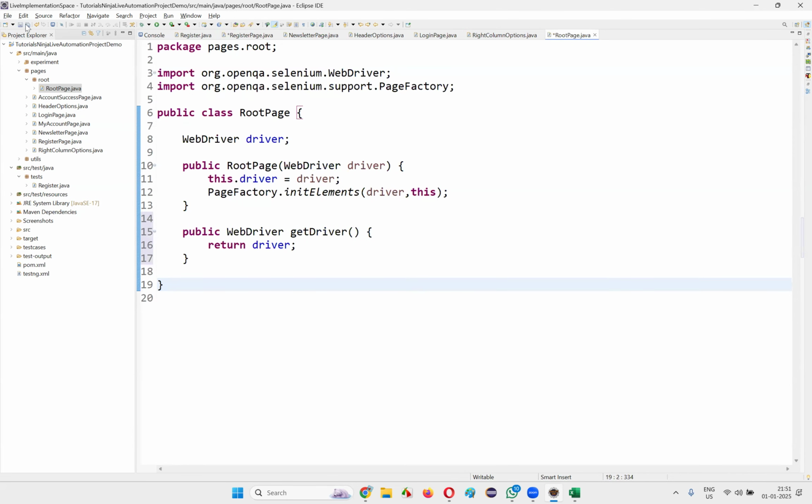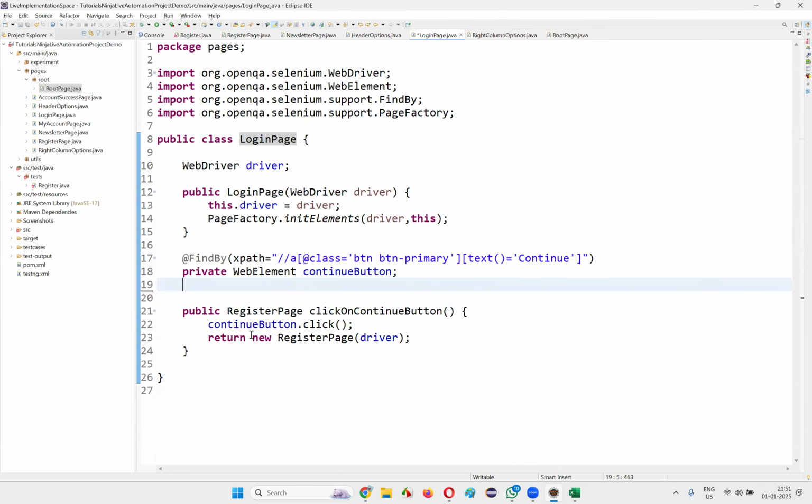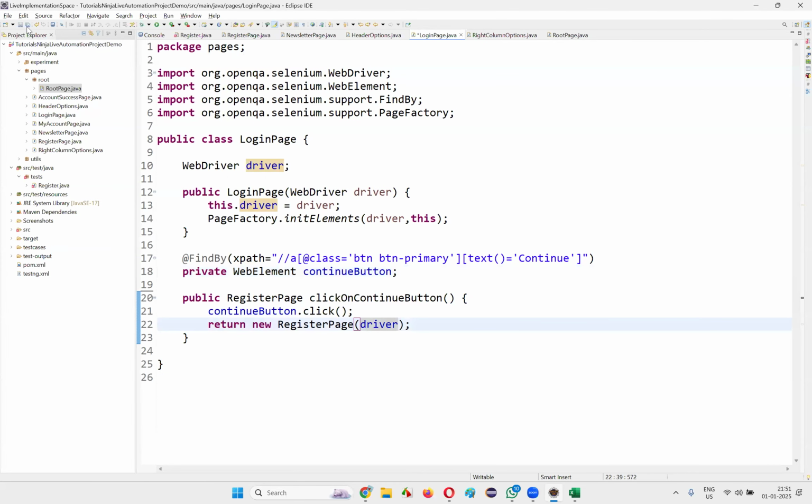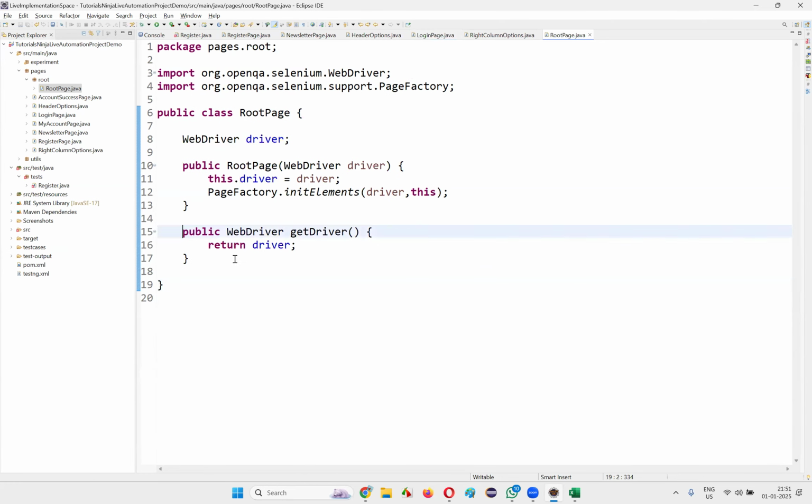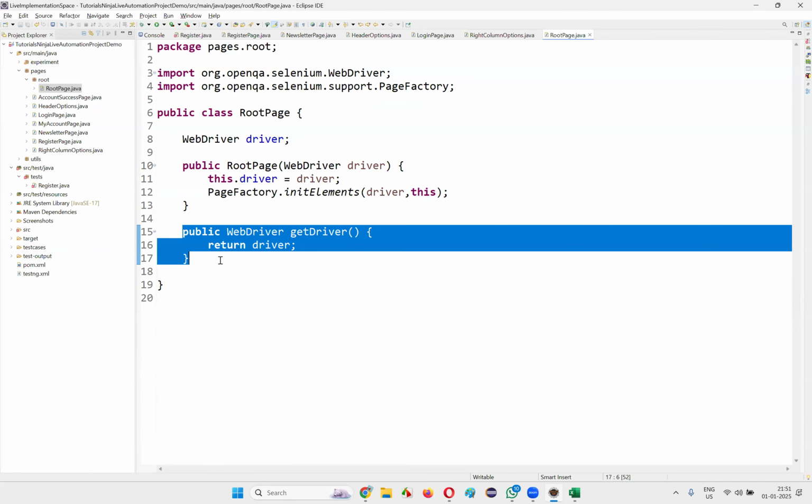Once it is on the root page, I also want to remove it from the login page. I don't want to duplicate it everywhere, so I am going to remove that here. Now save this. Once I save this, here in the root page we have this method. But how can I get this method in the